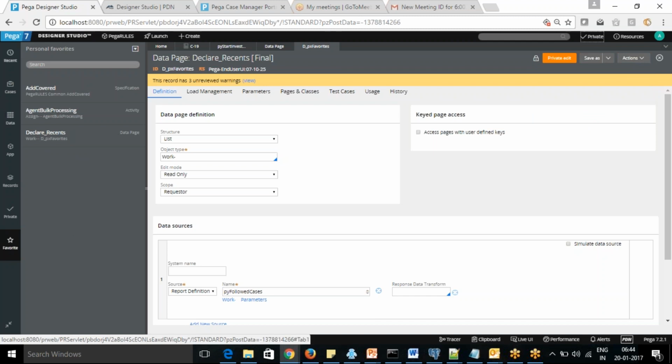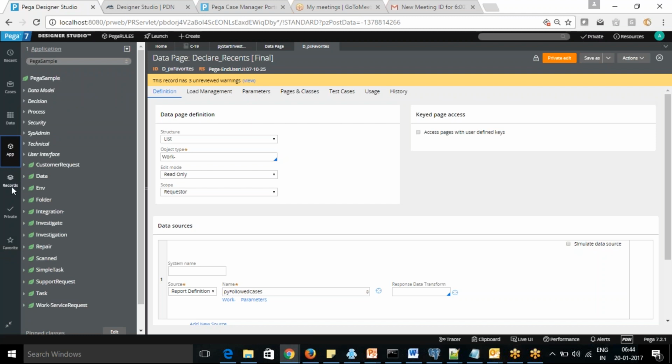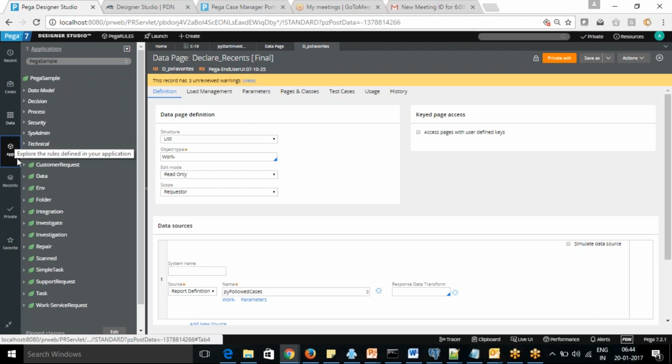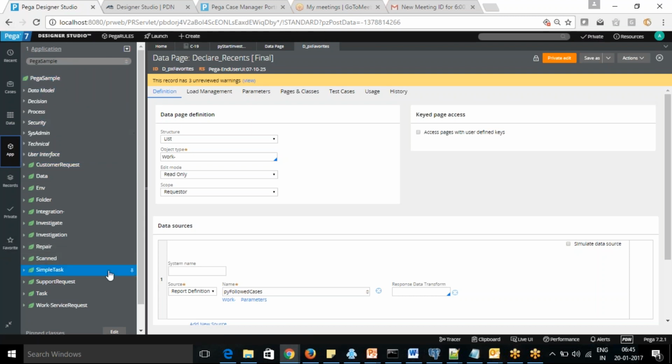So this is your explorer area. We'll cover more detail about this in future classes, when we start working, create cases, and add things. We'll see more detail on all the classes, and we are going to refer to this area.